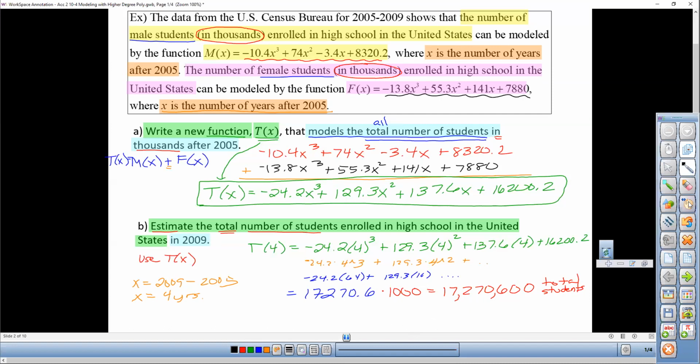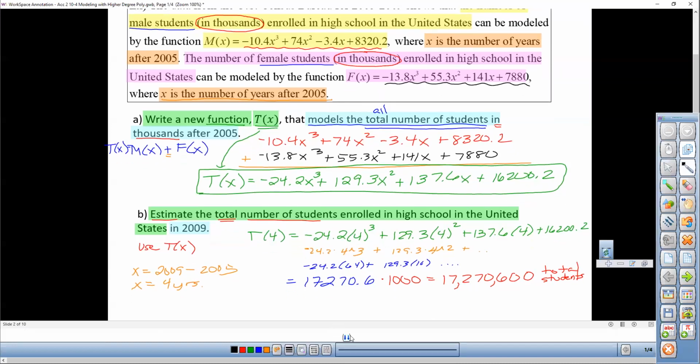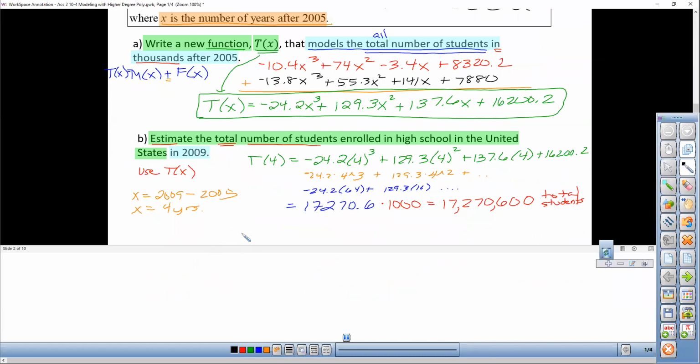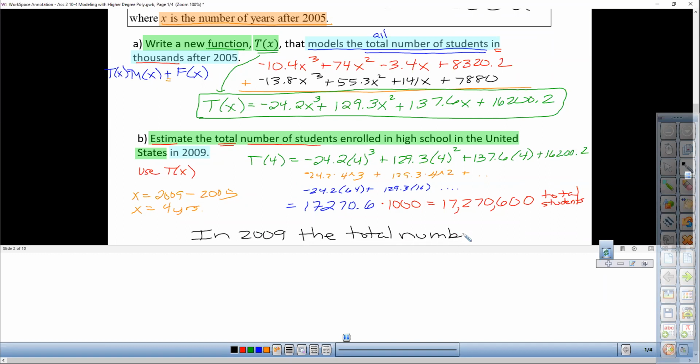So now, the last thing that I'll need to do for this part B is write a conclusion. So I'm going to start with my year, in 2009, the total number of students enrolled in high school in the United States